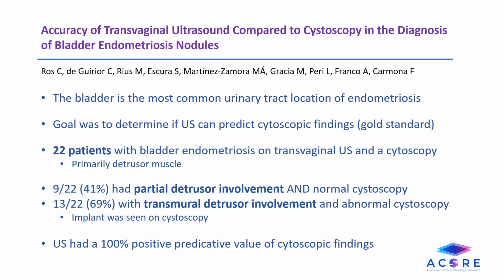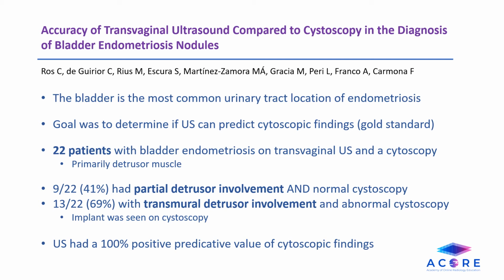And what they found was that 41% of patients had partial detrusor involvement on transvaginal ultrasound and had a normal cystoscopy. And 69% of the others had transmural detrusor muscle involvement and had an abnormal cystoscopy, being that an implant was seen at the time of cystoscopy. And cystoscopy may not see the partial involvement because it won't involve the mucosal surface on the inside. So ultrasound, they determined, had a 100% positive predictive value of cystoscopic findings,